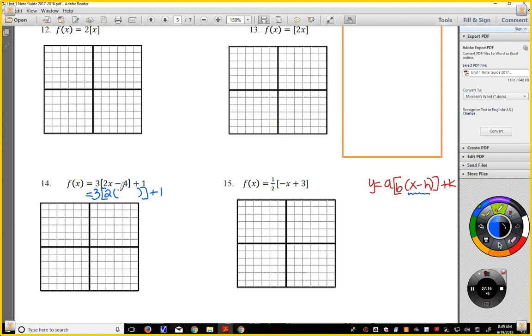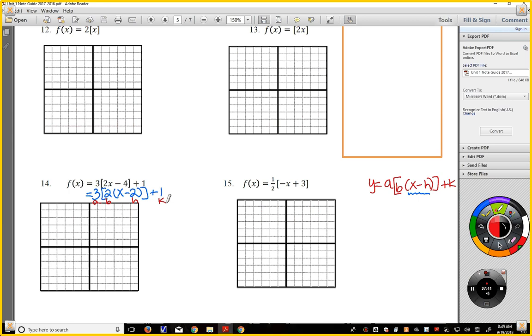So this would become, when I factor out a 2, x minus 2. And notice when I say I factored out a 2, I factored it out of this quantity. I didn't take it out of the brackets. I don't know how to do that. I don't believe there is a way. Okay? But I now have it written in a way where I can actually see an A, a B, H,